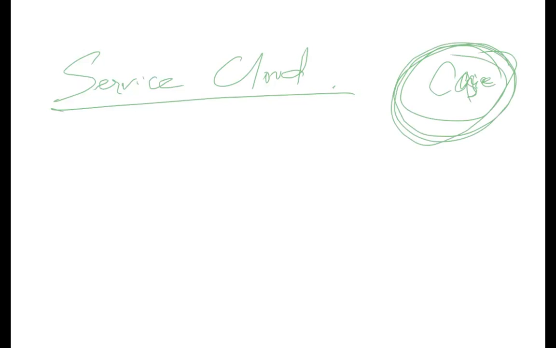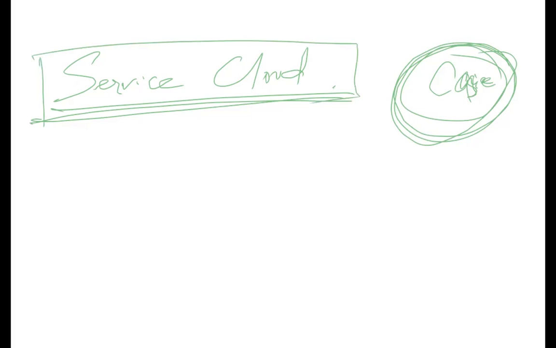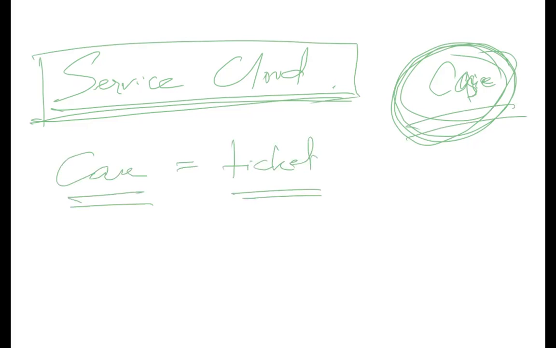But if you want to do customer support through different channels and define SLAs, SLAs meaning how quickly the customers need to get the benefits, or the resolution has to be sent, for that Salesforce has a dedicated product called Service Cloud. Then Sales Cloud will not be enough. You have to move into Service Cloud. Now we'll see how it works. A case is quite similar to a ticket. Just like Airtel or Vodafone will give you a ticket number, Salesforce will have a case object which will store your tickets. So that is the benefit.